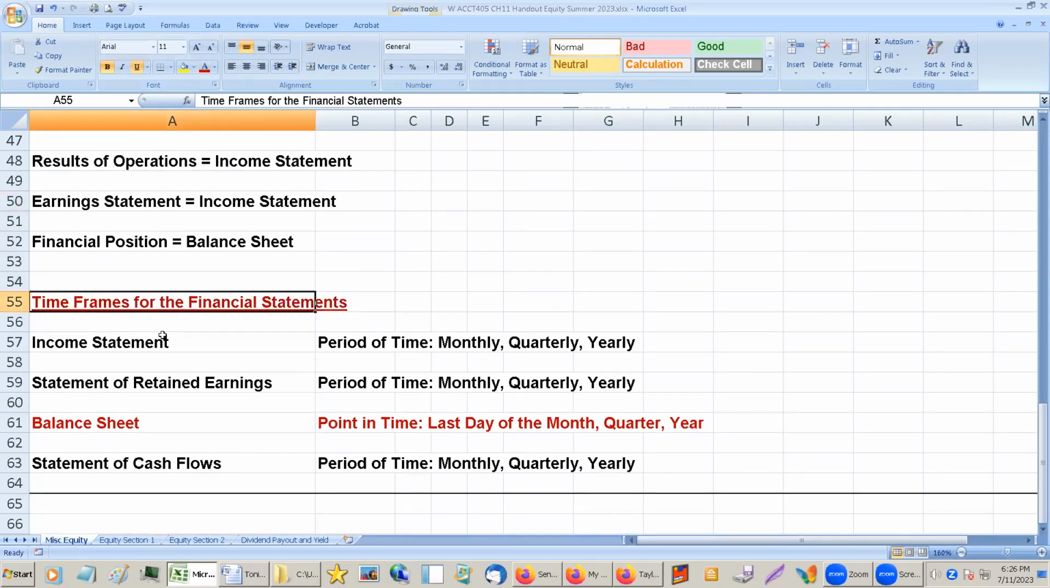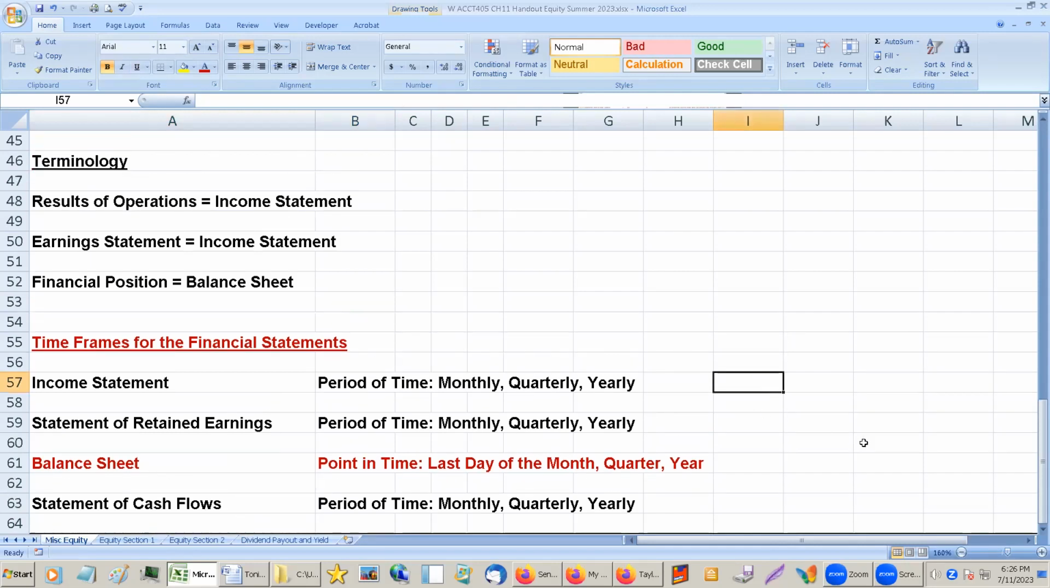Time frames. So income statement. So income statement is a period of time. So it might be,